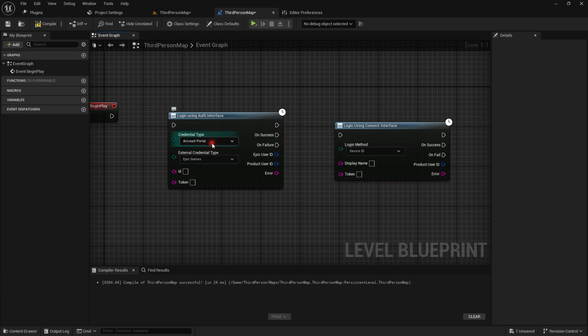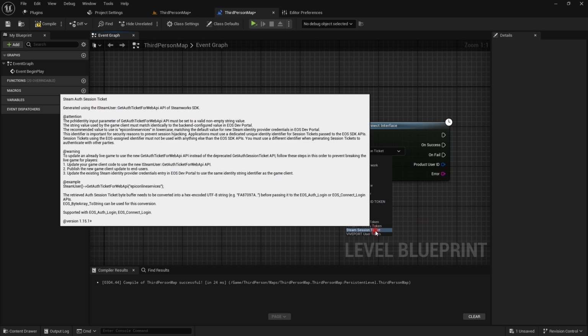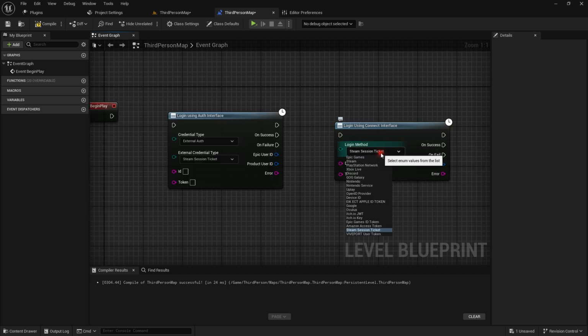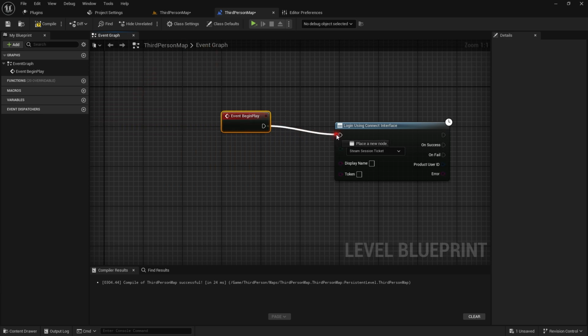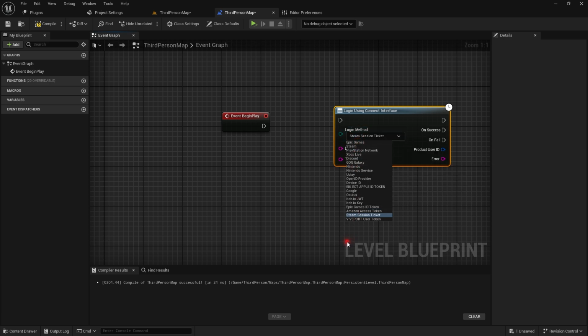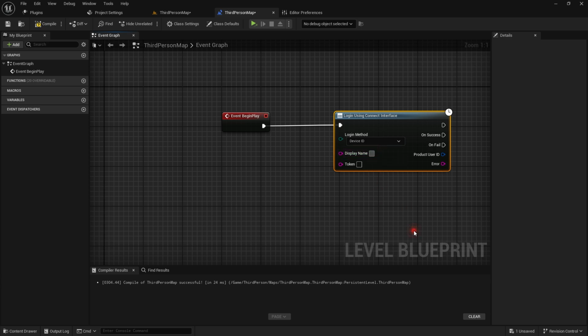And in any case where you are not going to use the EAS account, that is Epic Account Services, you are going to use the connect interface. Now this auth interface basically has a few important login methods, like maybe your account portal login, persistent auth, dev tool, whereas the connect has device ID login and things like that. Now both have the Steam login capabilities. Basically you can have a Steam login with your EAS account linked, or you can have one without an Epic account linked. So we will talk more about Steam in the later part of the video, but let's add